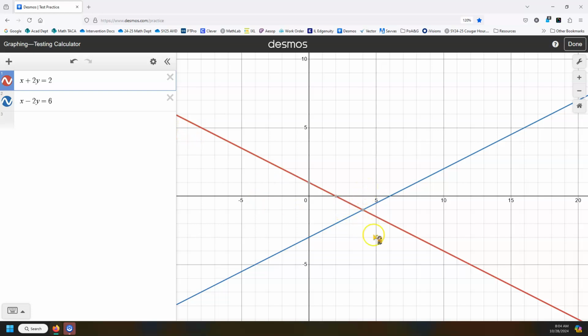But the only problem with graphing is that sometimes the point of intersection will not be an exact value, like this one. This is 4, -1. Sometimes you might have intersections at fractions or decimals, so you might need to be very careful with those. That's why we always have other methods to check the solution for our